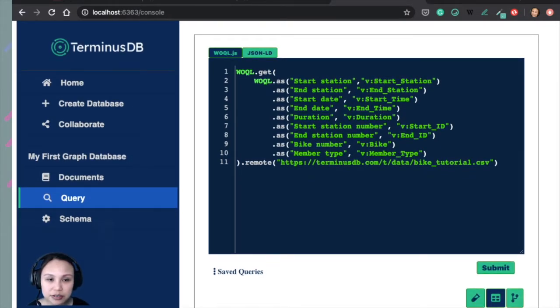Because when you are building the queries in what's following, how do you refer back to that column? You can't just call the column name. So this is why we have this WOQL.as. And also because now we are loading this,